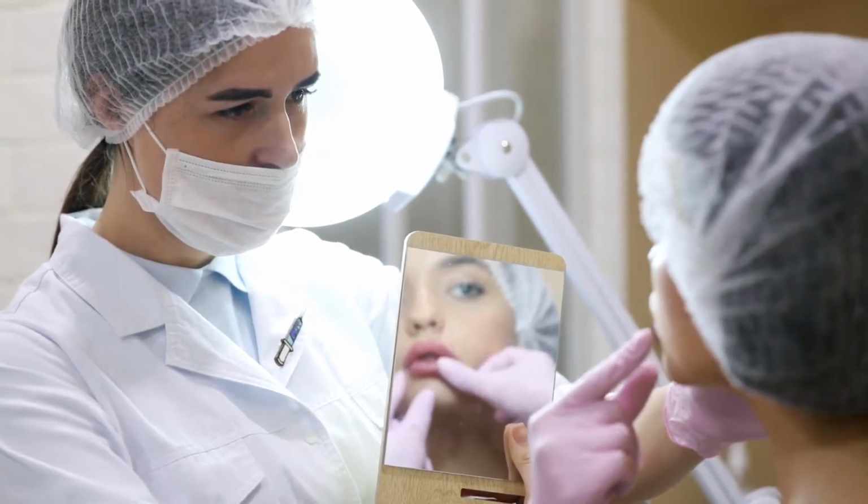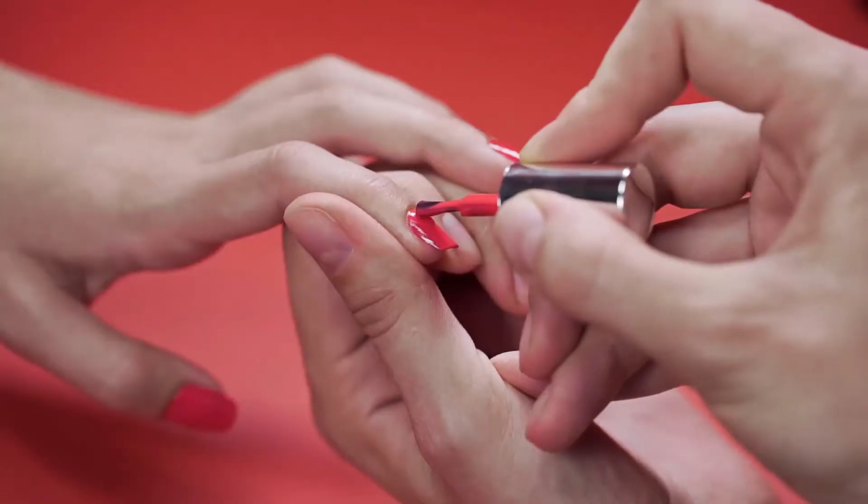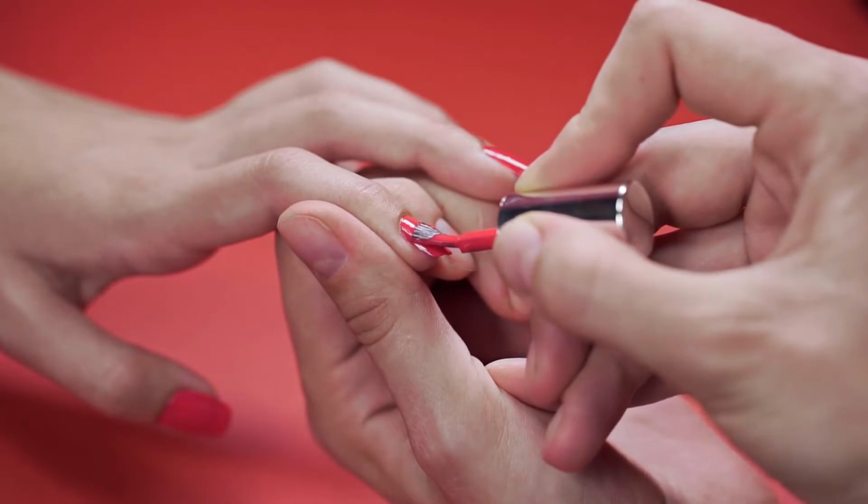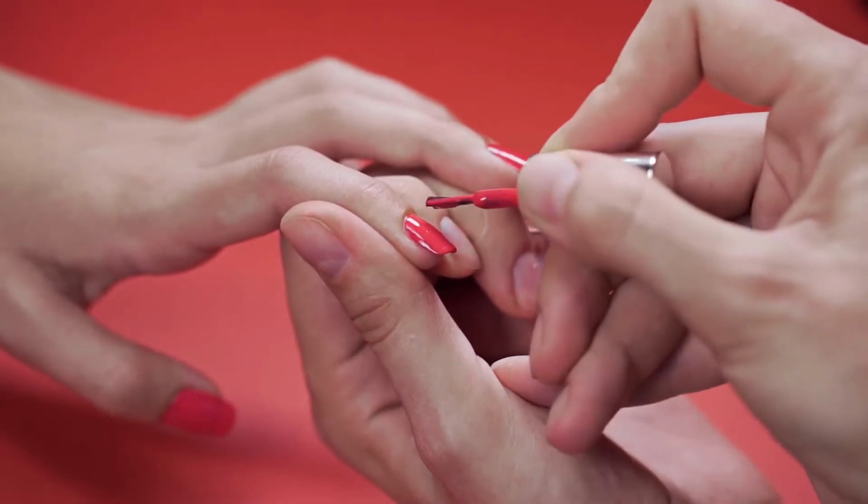In most cases, an antioxidant serum will hydrate the skin in addition to delivering antioxidants to the skin. If the skin feels tight or stings after an antioxidant serum is applied, however, the serum may be drying out the skin. This will most likely occur when the serum is applied to skin that is very dry. If this occurs, it is best to discontinue use and search for an antioxidant serum that offers a better level